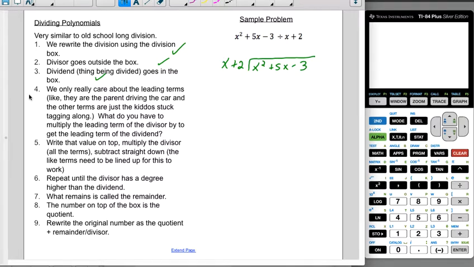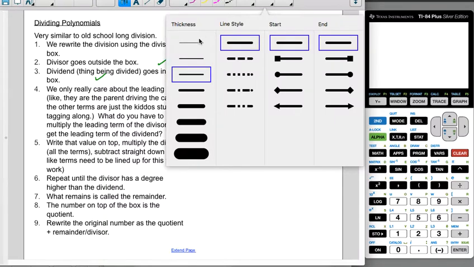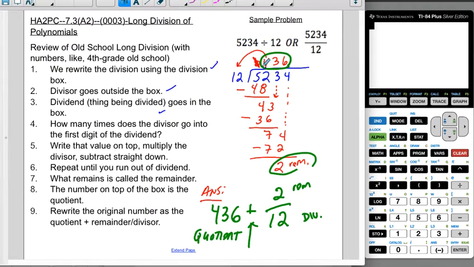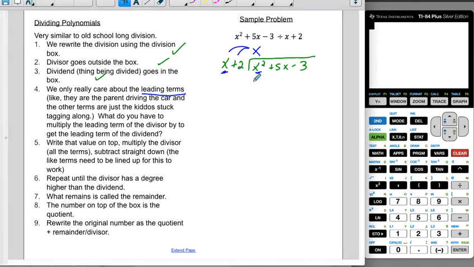So what I'm going to do is let's switch colors for a sec. All right, so my job is to figure out what I have to multiply this lead term by to get this lead term. Well, to make an x look like an x squared, I would have to multiply by x. So I'm going to go ahead and do that, but just like I did on the previous slide, where when I multiplied by 4, I had to multiply the 4 by the entire number 12, which means by the 10s digit and the 1s digit. Well, the same thing's true here. I have to multiply that x by both. So I'm going to get x squared plus a 2x,